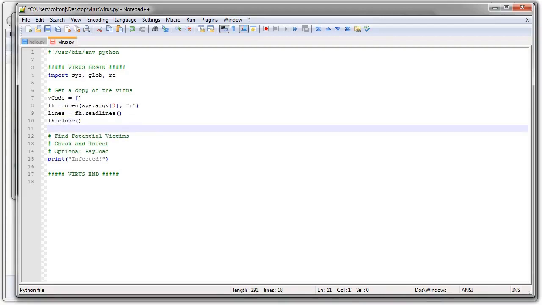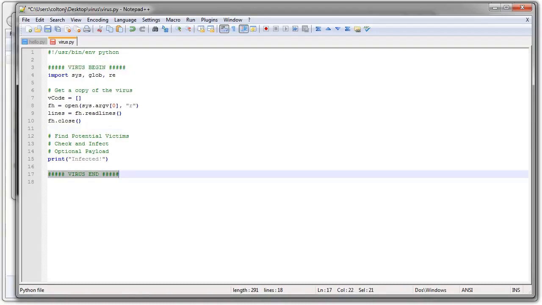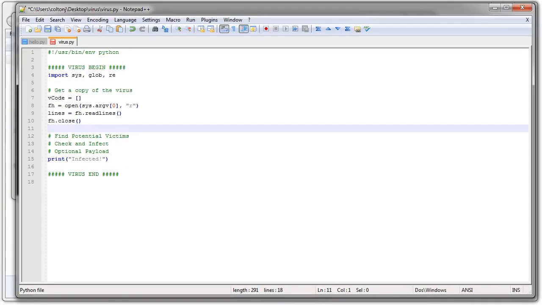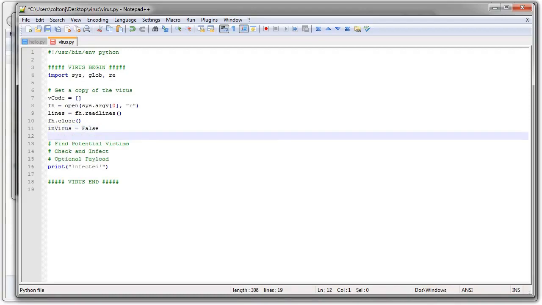At this point, it's time to figure out where the virus begins and ends. I know it starts with this comment here and ends with another comment down here. So I'm going to keep track of whether or not I'm in the virus or not. So in virus equals false. And I'm going to read through the lines one at a time. For a line in lines,